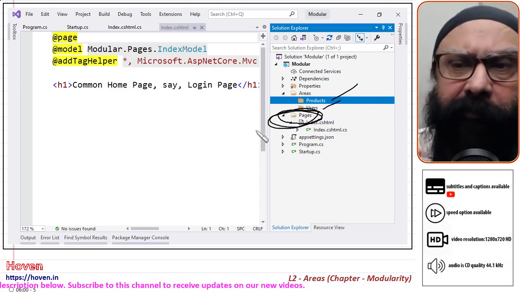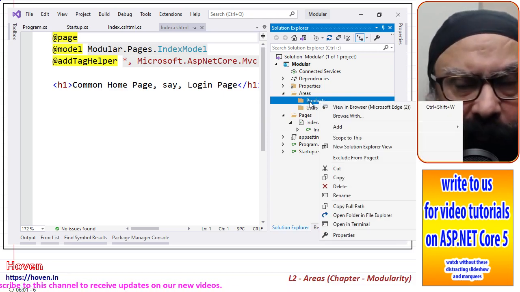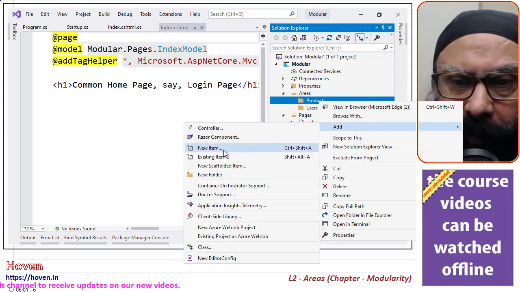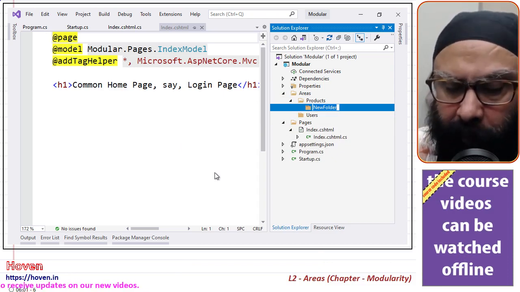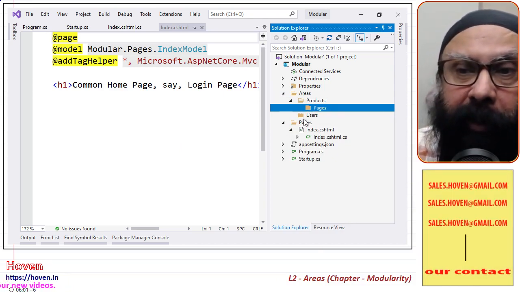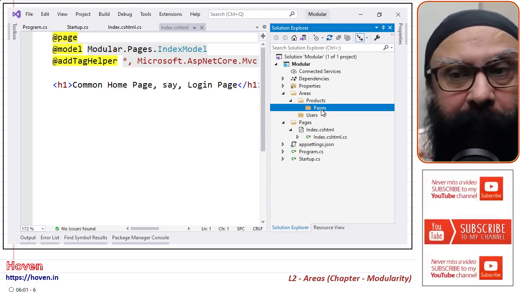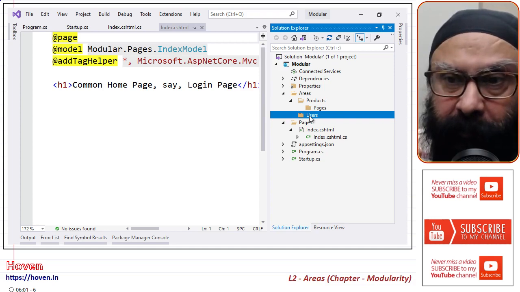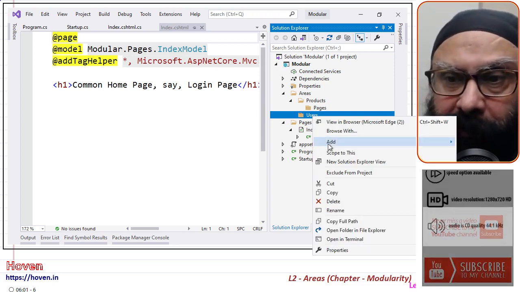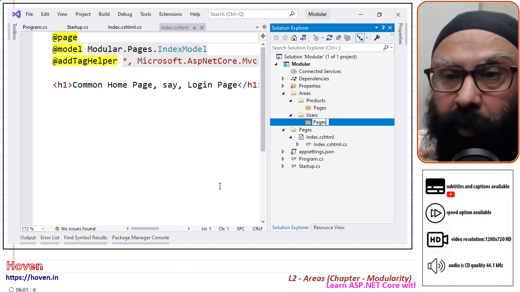We are nesting websites. For this I will come to the Products folder once again and add a new folder and give it the name Pages. This name is again reserved, it must be of the same spelling. To Users also I will add a new folder and give it the name Pages.